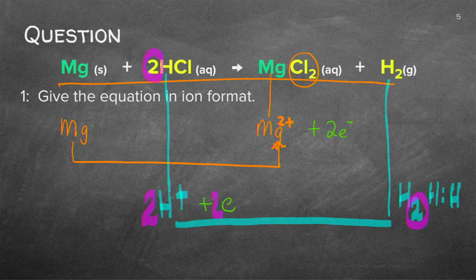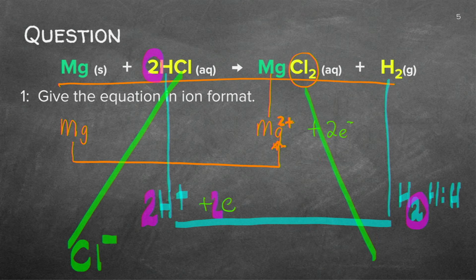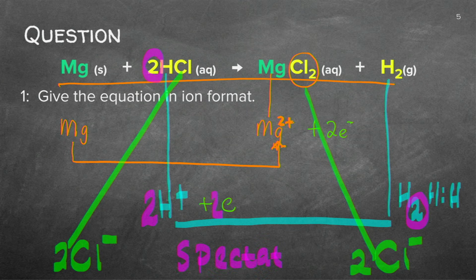And then finally, we've got another set of ions. Let's see what we have. There we had chloride like that. And here we've got chloride like that. We've got 2 of them there, 2 of them there. So that didn't change. And we've got a specific name for that. That is the spectator ion. They never participated. They just bond here to the H and here to the magnesium. So it's a spectator.